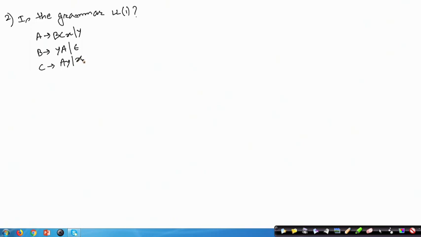Okay. So, this grammar we want to see whether it is LL1 or not. First thing to check is whether there is any left recursion. There is no left recursion, because here I have got A producing B C. If I substitute this rule also here, it will not lead to any left recursion. Similarly, here also if I substitute B B C in the place of A, it will not start with C. So, this is not a left recursive grammar. That part is fine.